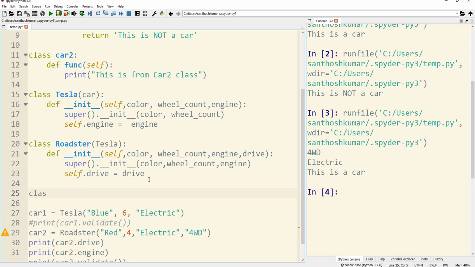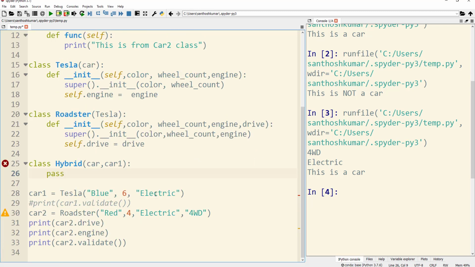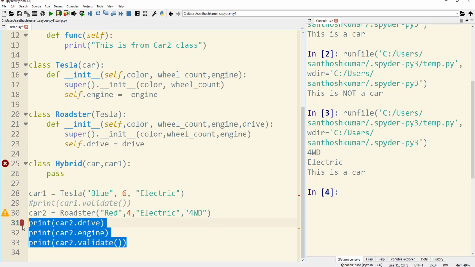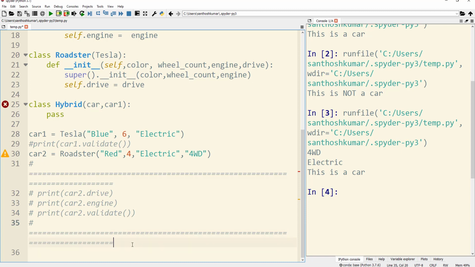Now I am creating the child class by name hybrid, and this class inherits both from car and car1. So it inherits from both classes, and I am just putting pass as part of that class definition. I'll comment the existing print statement to have a clearer console when I run the program. Now I am going to create an instance of the hybrid class and assign it to car3.